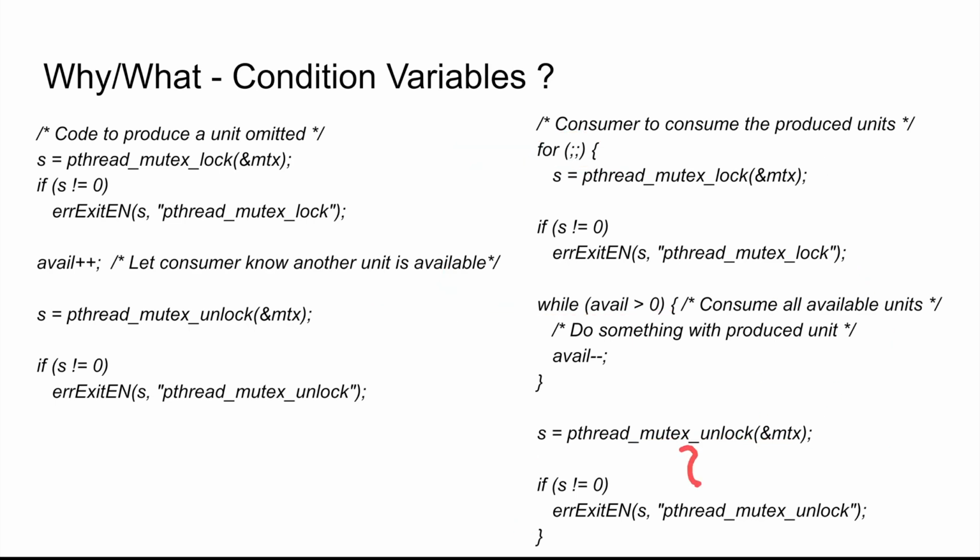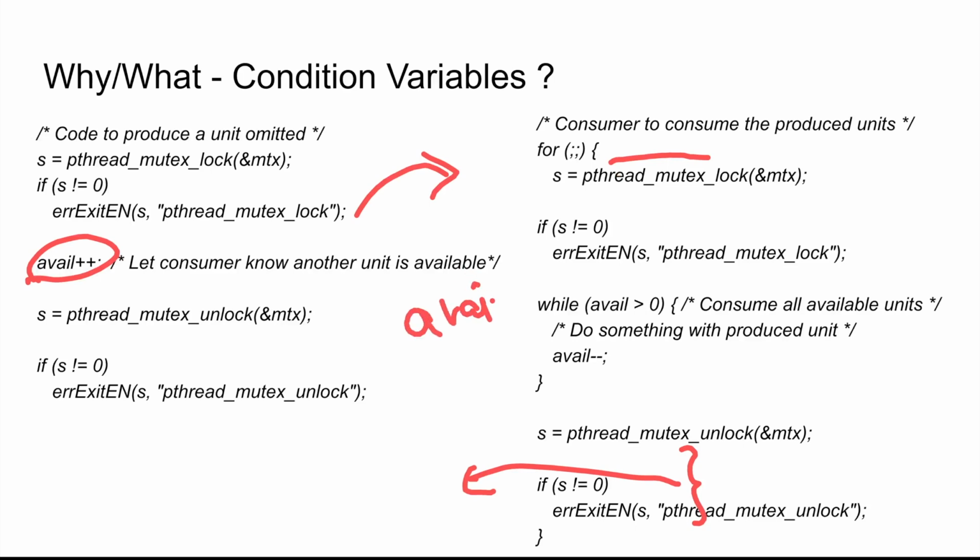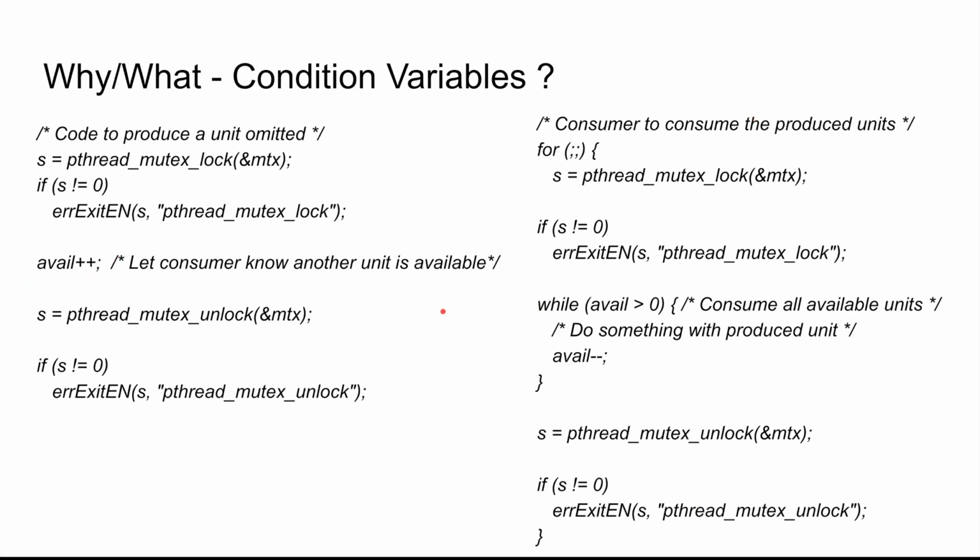Yes, I agree there could be a scenario where a context switch happens maybe here or just before consumer has locked the mutex, and producer produces a unit and then consumer would consume the unit. But still there can be scenarios where avail is just equal to 0 and consumer keeps spinning in this for loop again and again checking for this available produced unit. To remedy such a situation, condition variables